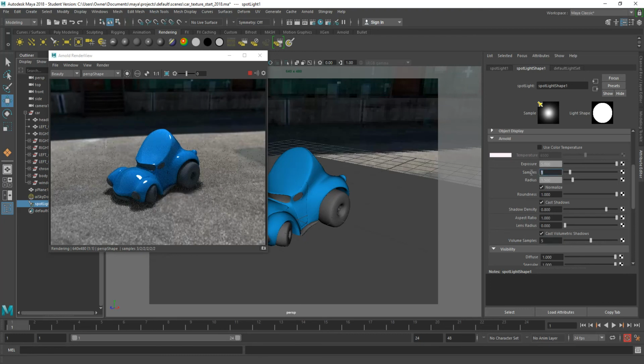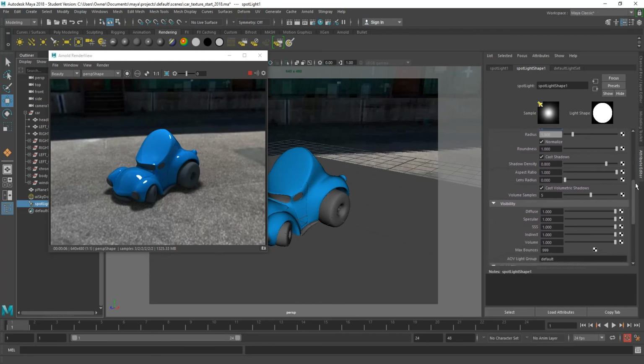And I'm going to increase the amount of samples for my actual specularity for the highlights from 1 to 5 as well, just to get better lighting on the scene. More samples being captured by the renderer. So as you can see, this is starting to look pretty good on the scene. I get a very sharp highlight from my light. If I don't like that sharp highlight, what I can do is, if I keep on scrolling down on